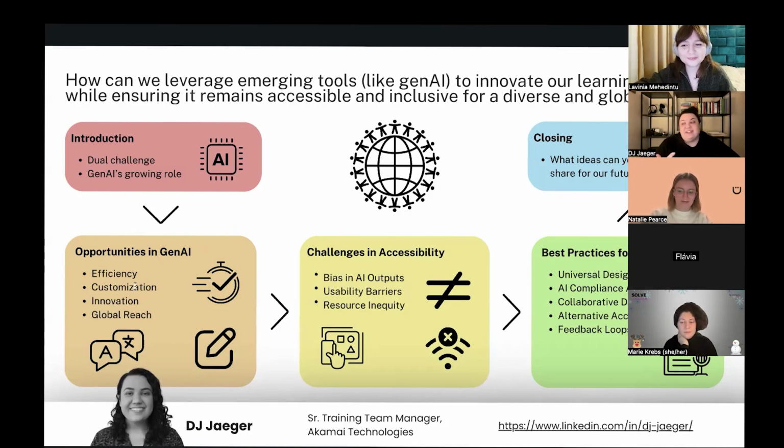Well, the first one, generative AI is trained on a certain set of data, a certain set of content. And as can happen, there are a lot of biases that come out in these AI outputs. So it may inadvertently, accidentally reflect some of these biases on the content that gets built.